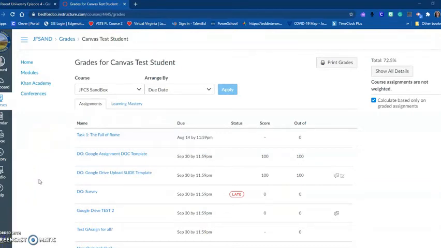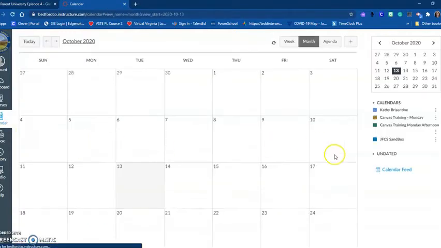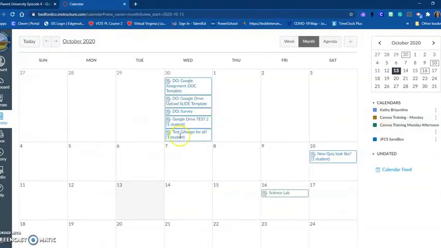The last thing to show you on this dashboard is the calendar. If I go to calendar, it will show me all of the classes that my student is signed up for. Now, as an observer, I'm going to see the full colored item. I'm not going to see if it was done. I'm not going to have it crossed through if my student completed it, but I can see in here, okay,